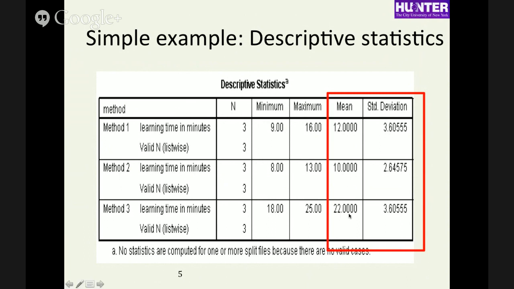Looking at these 3, I might guess, just off the top of my head, that means of 12 and 10, that's not too big of a difference given that the standard deviations of these are 3 and 4, more or less, right? So maybe that difference in means, I would guess, is consistent just with individual random sampling variation, even if the population means here are the same. This, on the other hand, so a mean of 22 and a standard deviation of 4, that's looking like a kind of a big difference in means. So just